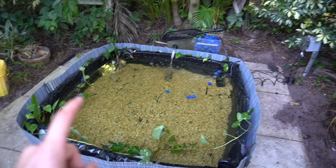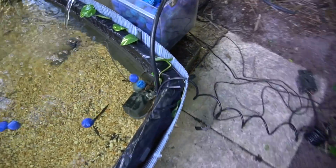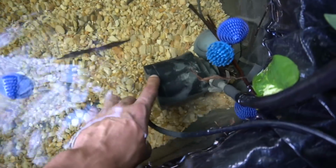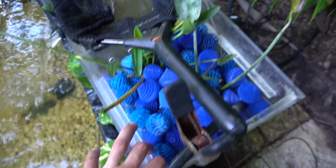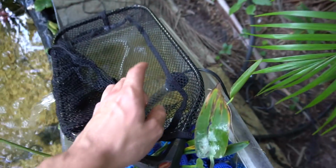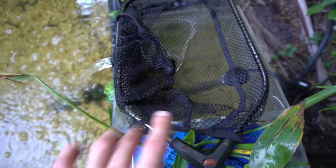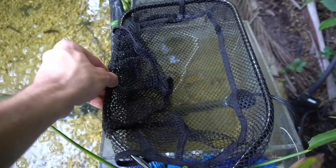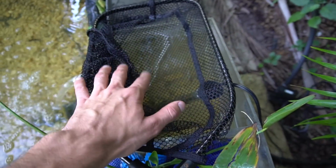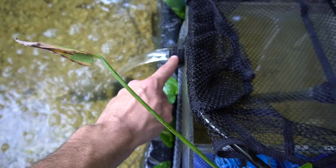So here it is. We got the sump, which I'm gonna start with back over here. We got a 300 gallon per hour pump right here. Also, we got some bio balls, with some plants inside of the bio balls. We got our 300 watt heater in here. It keeps the pond perfectly fine because this is only maybe 100 gallons. Sorry for the voice crack. But this net right here keeps anything from falling into here. I really need to get something better than that,